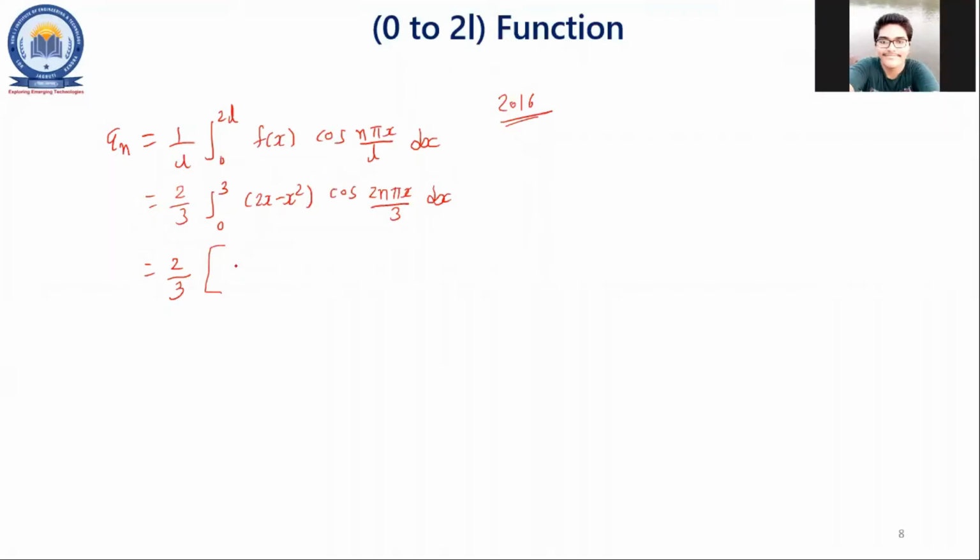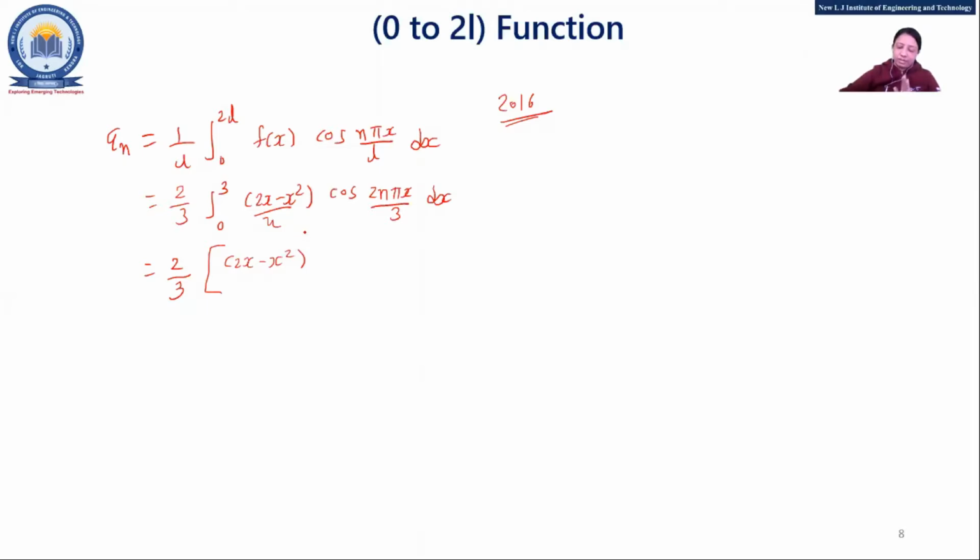Yeah. First term. This is your u. The first term will be 3 upon 2n pi multiplied by sine n pi x upon 3 by 2. Wait, Akhilesh, wait. Just first term only. So I want in terms of u and v only, right? First u as it is, like that only you will have to write. After that, we are going to solve that. Fine. Yes, I want in that way only.